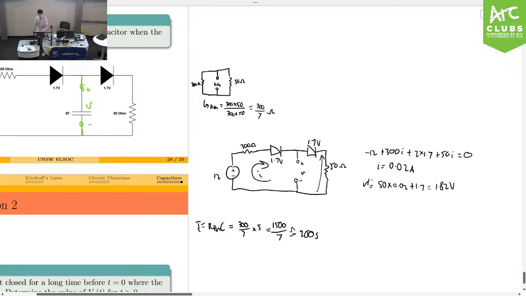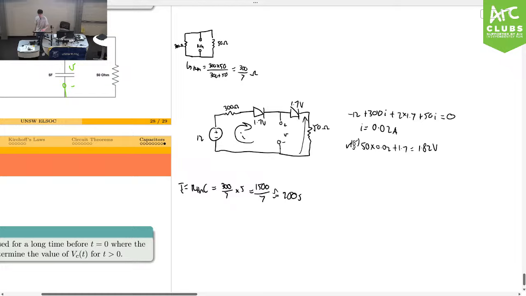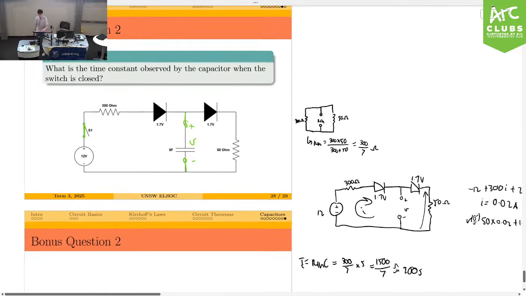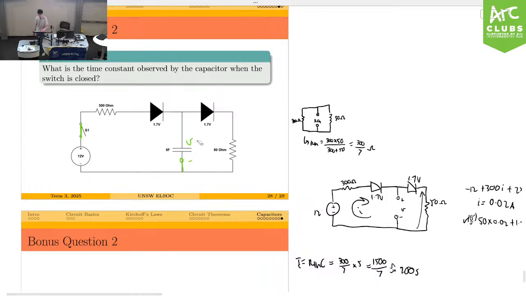And that's VC of 0, V of 0. Does that make sense, hopefully? So it's just a bit of mesh, that's all it is. All right, so now for the second part, which is quite the weirdest part for this question,